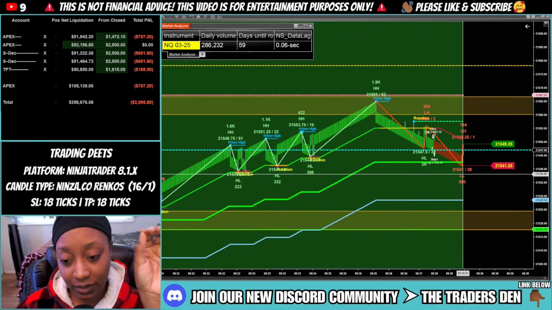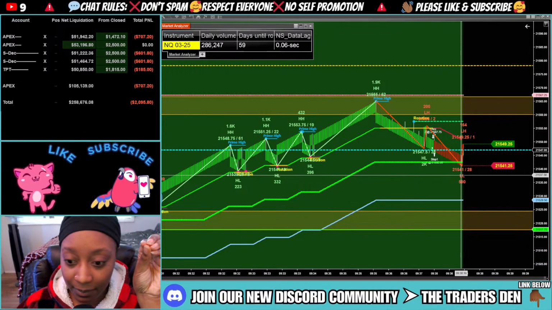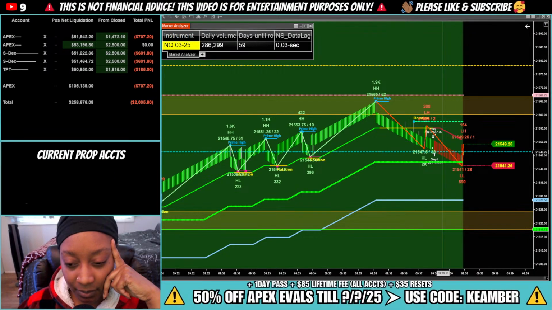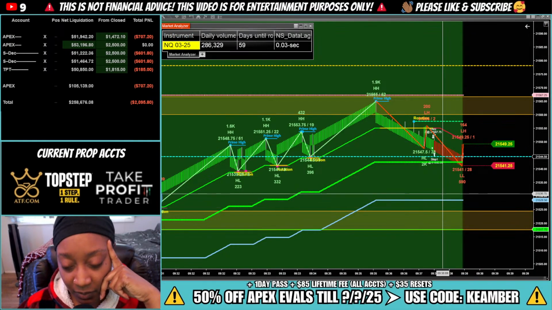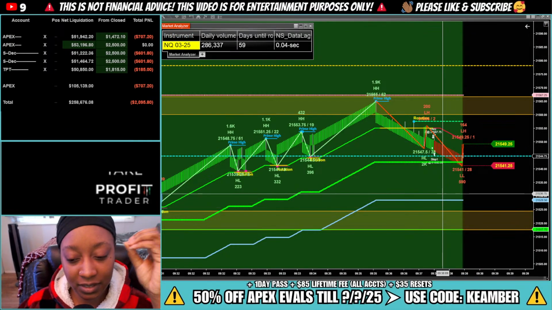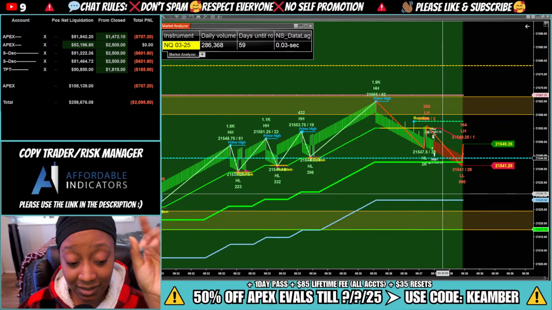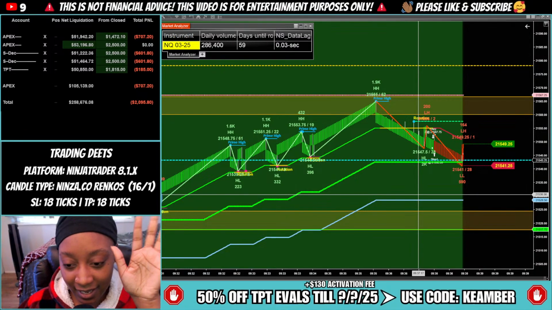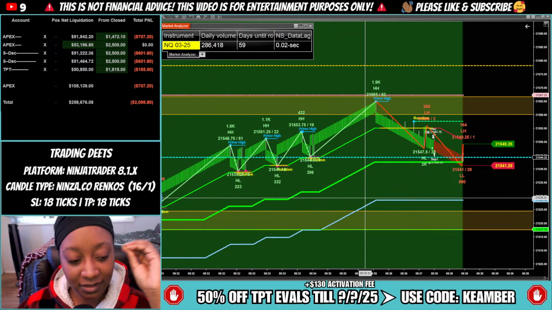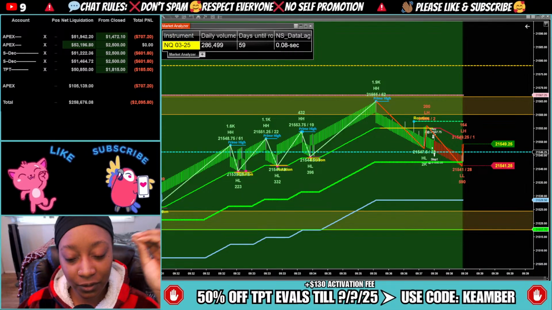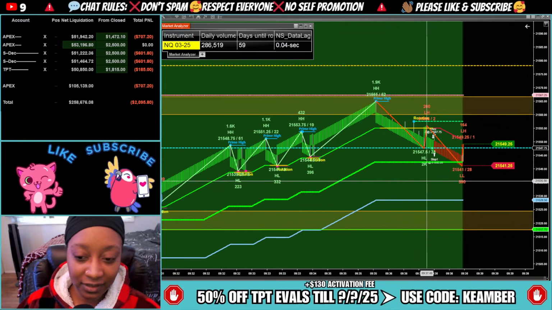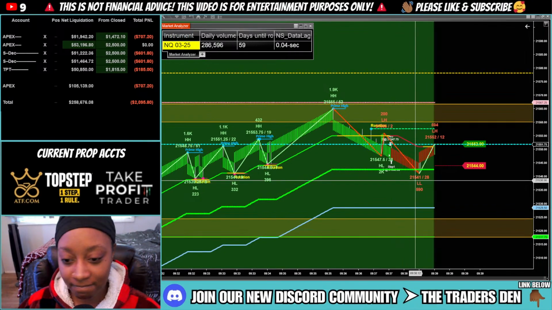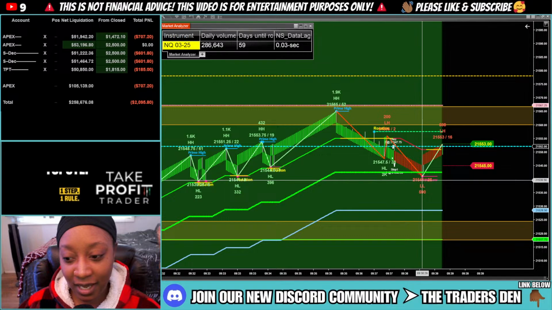I am literally probably going to stop trading until they fix this. I don't know how long it's going to be, but this is really starting to piss me off. And I cannot trade with market orders. I have to trade with the orders mode, but this is irritating. Like, I have my stop loss in a place for a reason. And what's also irritating is I was one trade away today, and the same thing just happened as last time.